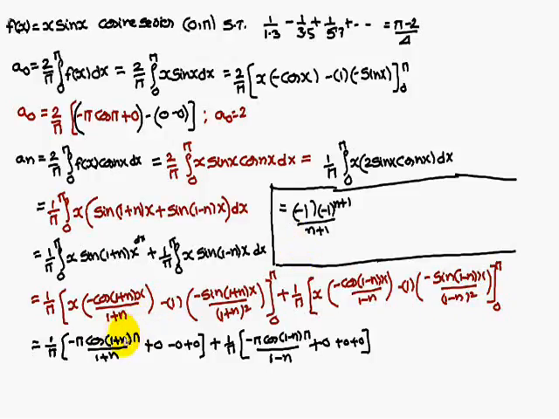So if you simplify this one, you are going to get, as pi will get cancelled, minus 1 into minus 1 whole power n plus 1 cos 1 plus n into pi, that is minus 1 whole power n plus 1. Denominator for our notation I am writing as n plus 1. Here also pi will get cancelled, minus 1 into minus 1 whole power n minus 1. I am writing it as minus 1 whole power n minus 1. Here for our notation 1 minus n, I am writing it as n minus 1.